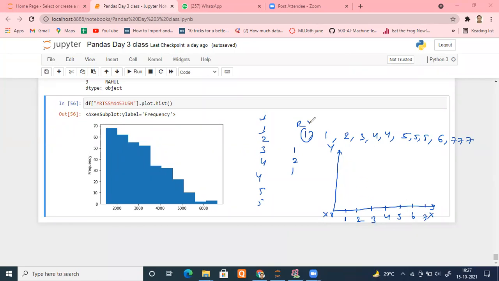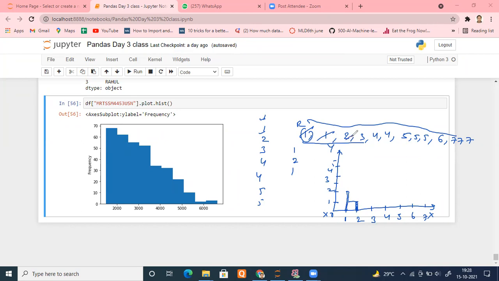Now see what I'm going to do. For the entire data set, how many times is 1 appearing? Two times. So this is 0, this is 1, this is 2, and I'm making a simple scale: 3, 4, and 5. You take your 1 and show its frequency of occurrence, which is twice. Now go to 2. How many times is 2 occurring in the entire data set? Only once, so we'll mark it as 1.